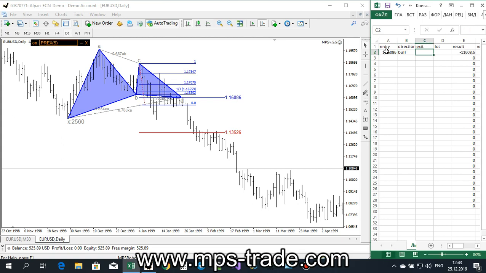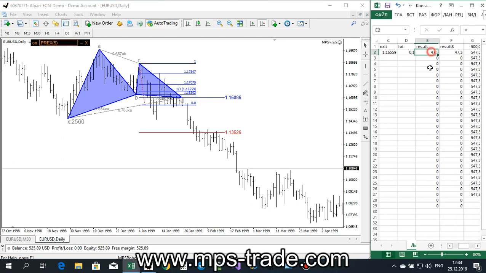Then the exit was 1/3, 16.559. And the lot size, let us suppose our lot size was 0.1. It is very easy to calculate when you have a lot size of 0.1 because every pip will equal a dollar. So you see we had 47.3 pips